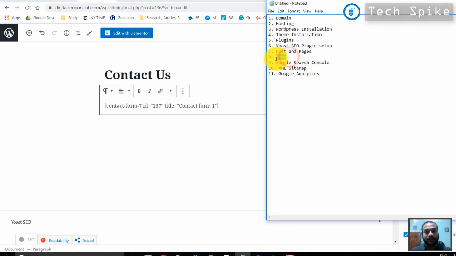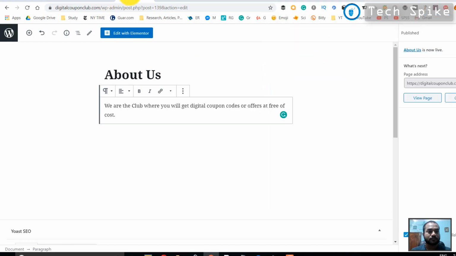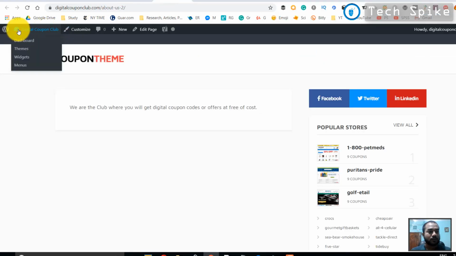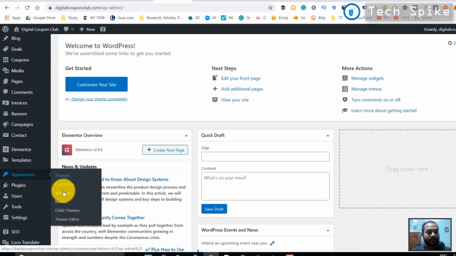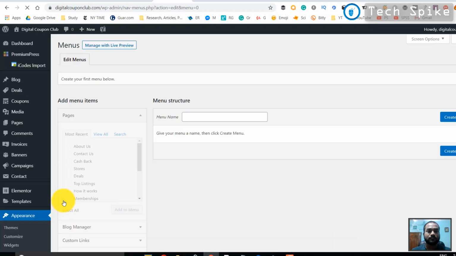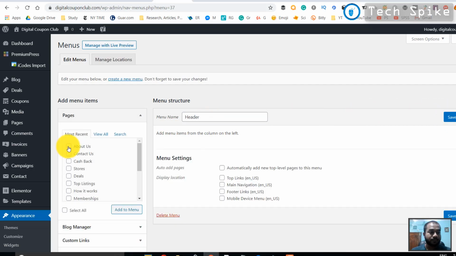Now we will add menu. Go to the dashboard. From this appearance, go to this menu section. We will add this menu bar in the header section, written menu, and we will add about us page, contact